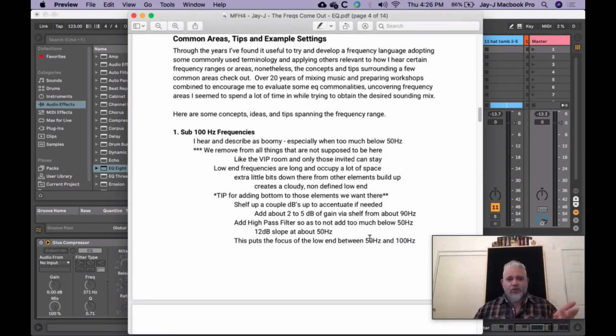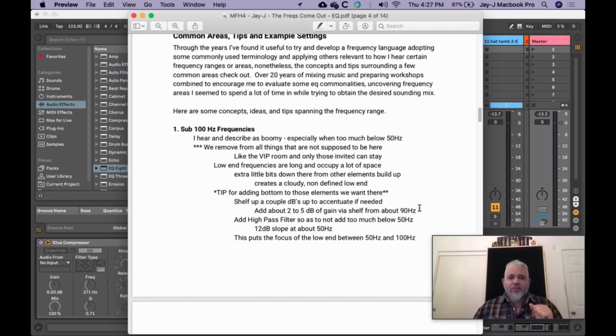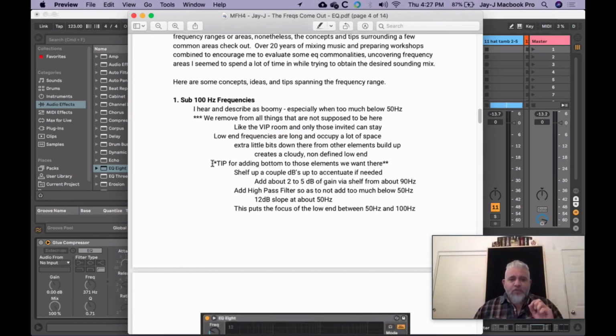This is just another little reminder that we're treating that low end like the VIP room. So everything else gets out of there, and then we make sure the stuff that is there is nice and present. But if I think to myself, oh, that sounds kind of boomy, then I'll do some things to address that really low frequency area. If I want to put a little bottom end into something, or if something's boomy and I want to rein it in,